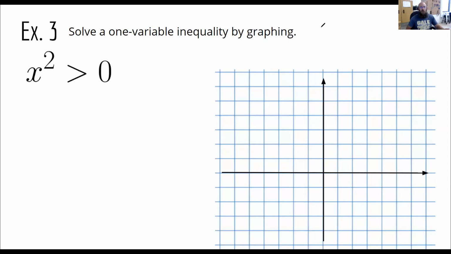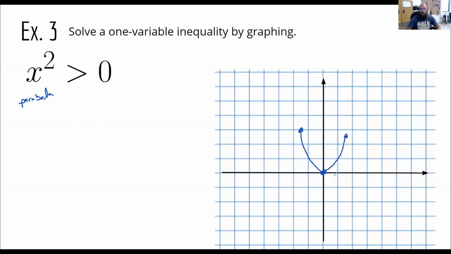So on this one, we have a little bit of a different situation, right? We've got an inequality here. So we have to graph this whole piece, and we're going to look at where this piece is true. So we have x squared, so I know it's a parabola. So I'm going to graph this. There are no shifts in it, so that's kind of nice. So I know I'm starting at the origin, and from there I've got a beautiful little curve going up,